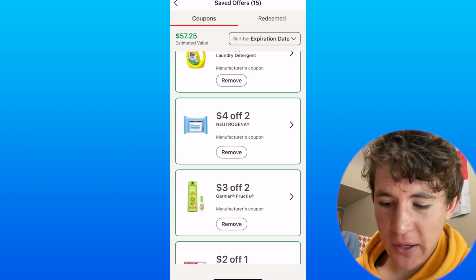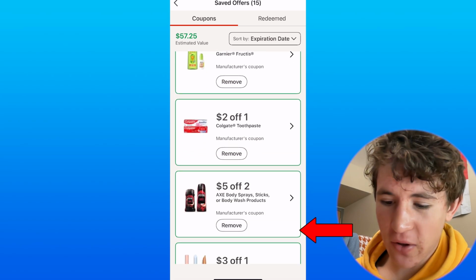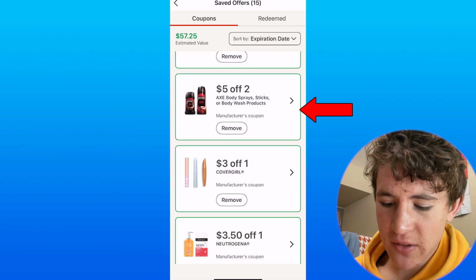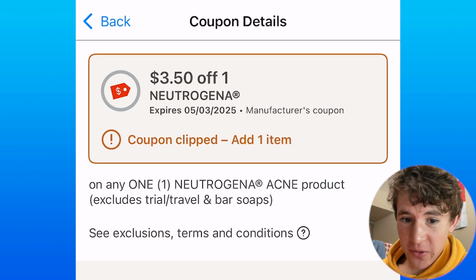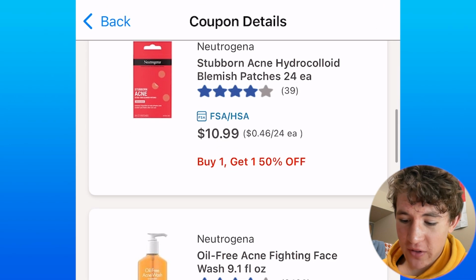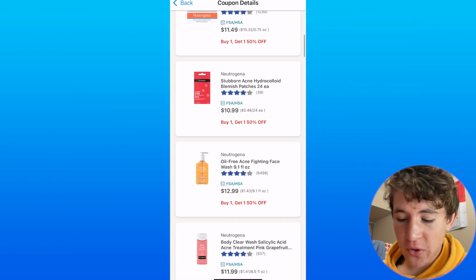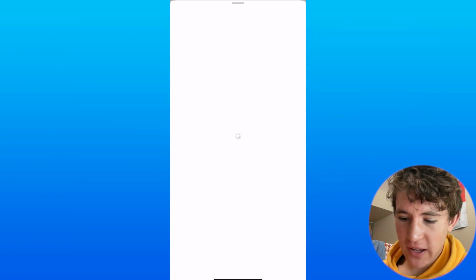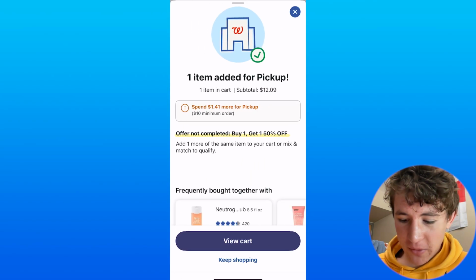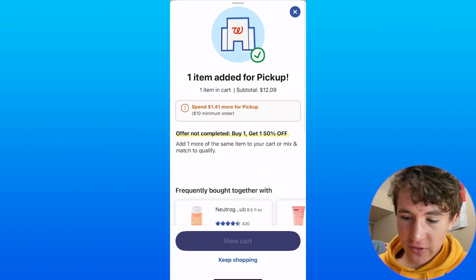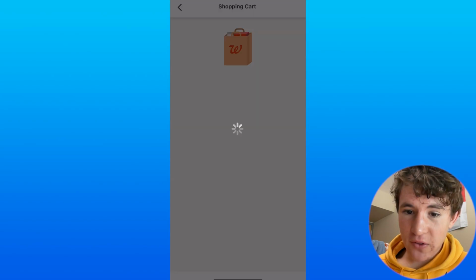Once you're on this page, you can basically click on any of these offers that you want to redeem. In this case, if I want to redeem this one for this face stuff, you can see I cannot currently redeem it just because I don't have an additional item in my cart, which this coupon actually requires you to have. So I'm just going to add something. You can do this more customizable depending on the coupon that you may want. But you can see right here, now that I've actually applied this coupon, we can actually view this item,